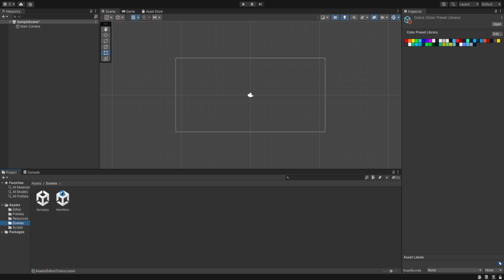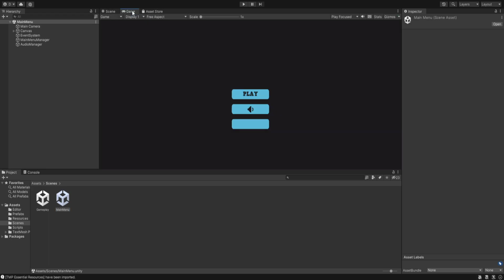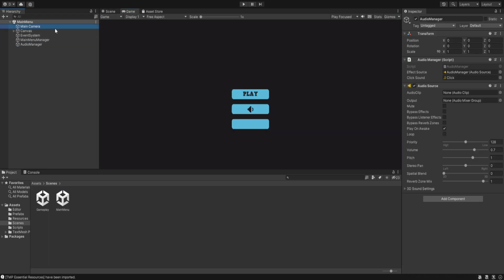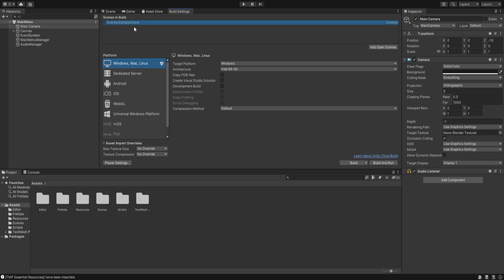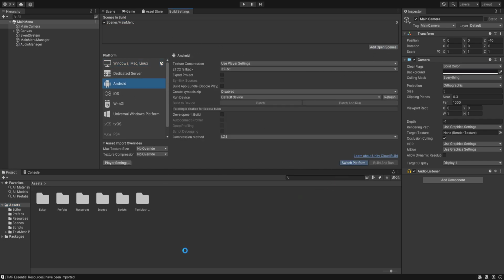And let's open up our main menu scene. And we'll hit don't save, and it will tell us to import TextMesh Pro. So we are automatically going to import it. And that will be our basic scene setup, and as you can see, a couple of things are not loaded. We'll check that later. So the first thing we need to do is change our build settings to Android, and let's remove our current scene, add open scene, and let's switch our platform to Android,